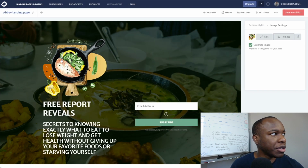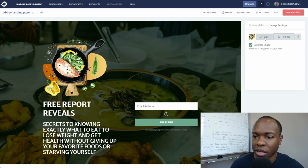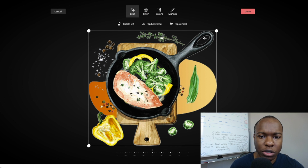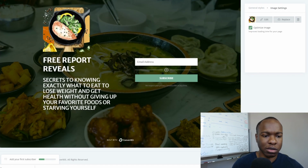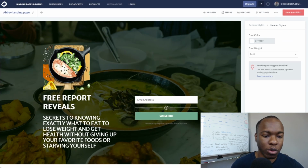So then it brings this image here. It actually doesn't look too bad. It actually looks pretty good. Maybe we can edit it a little bit to make it a little bit smaller. It's smaller. It looks okay. We probably could have left it the way it was, but hey, I think what's best here